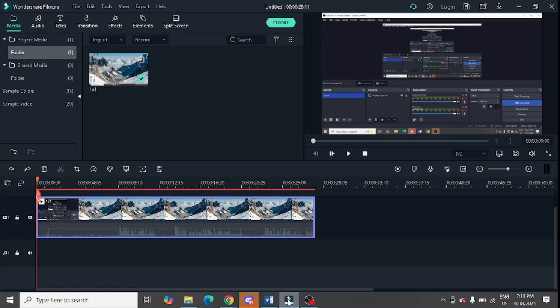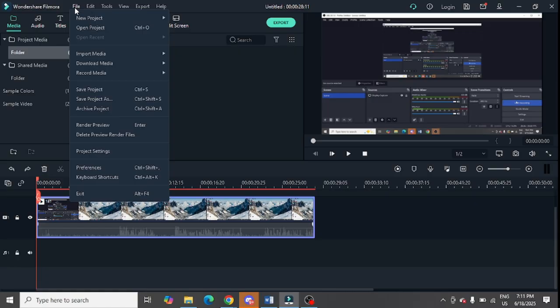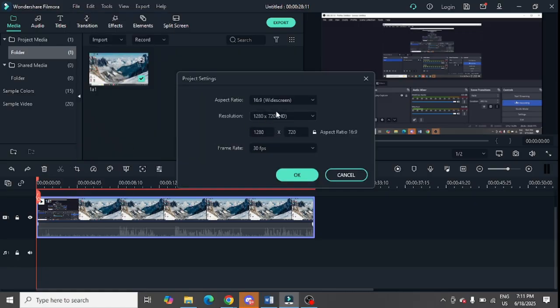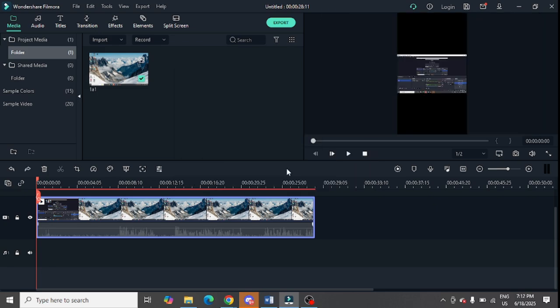So what I need to do, first of all, is select this and go to the File option, and then you need to go to the Project Settings option. Just tap on Project Settings. You can see the aspect ratio is showing here 16:9. So just tap on this and click on 9:16 portrait and click on OK, and you can see now the